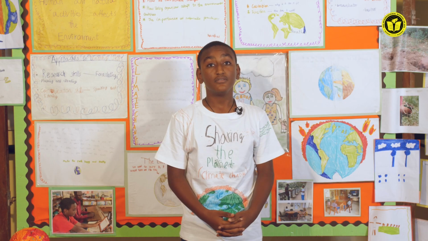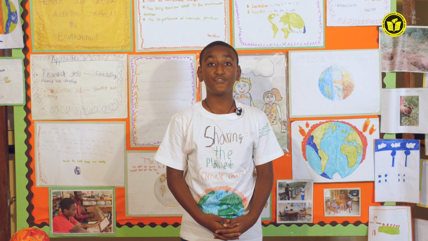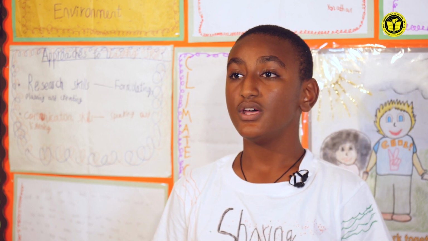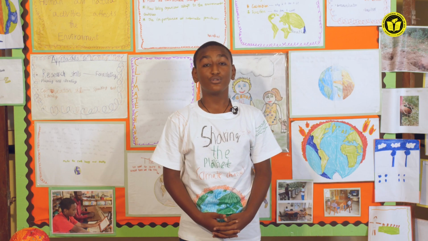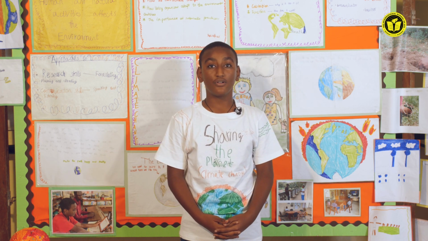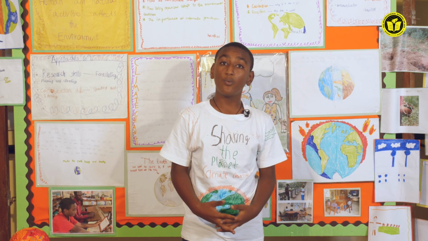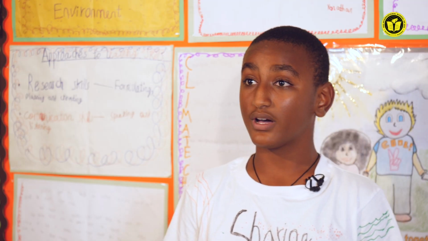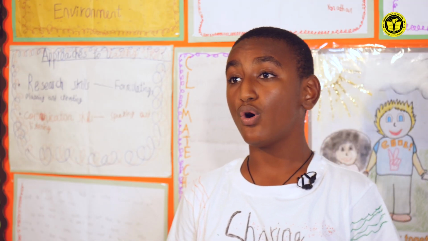Next, what are the different causes of climate change? There are so many causes of climate change, but a few of the major ones are global warming, deforestation, and pollution. First of all, what is global warming? Global warming is when we are releasing toxic gases into the air and making the earth hotter and hotter. Next, what is deforestation? Deforestation is the chopping down of trees. But why are trees important? Trees are important because they help absorb the carbon dioxide that we make and turn it into oxygen, which is the air that we need to breathe in.